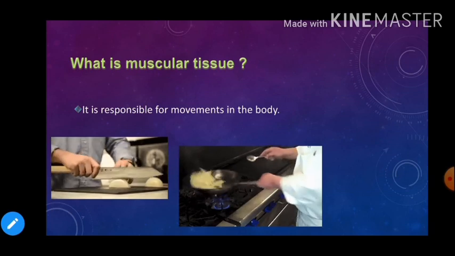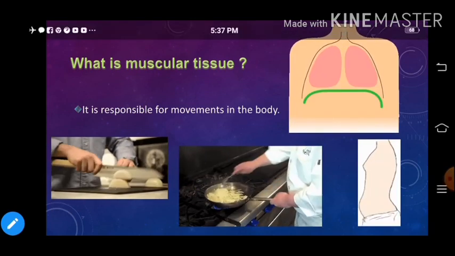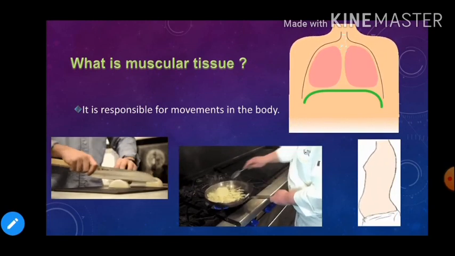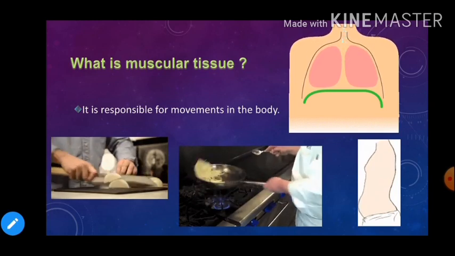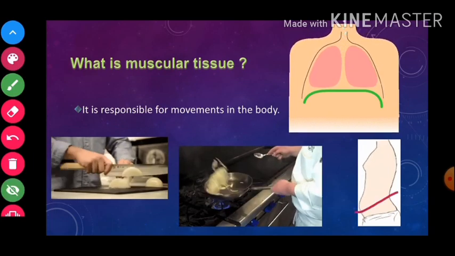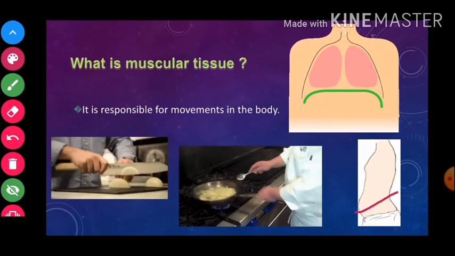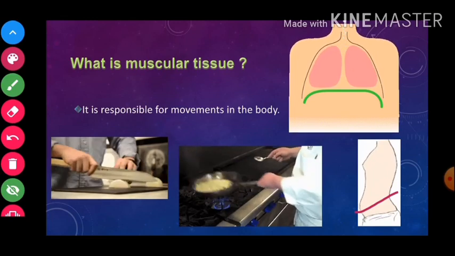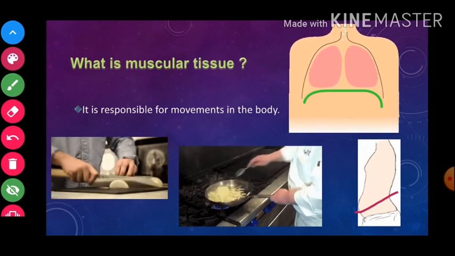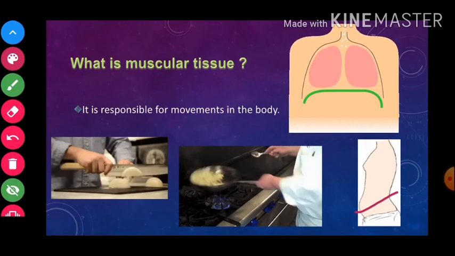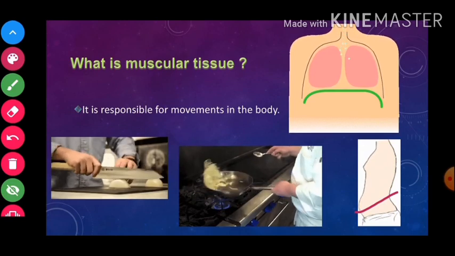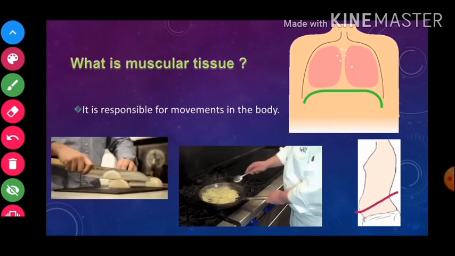When we breathe, what happens? The chest muscles move. There is some movement which keeps happening in our chest, as just shown in this figure. Right? So if you try it yourself, breathe in and breathe out, and just keep your hand over your chest, and you can feel there is some kind of movement happening in your body. And that movement happens because of the muscles present around your chest; it is the expansion and contraction of the